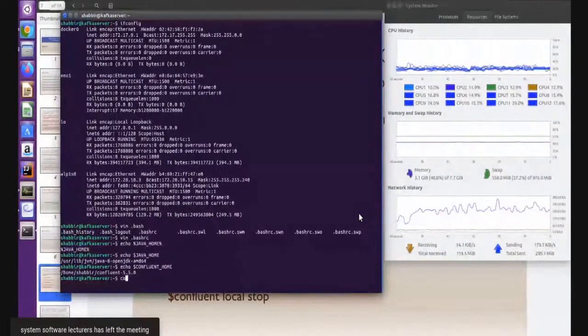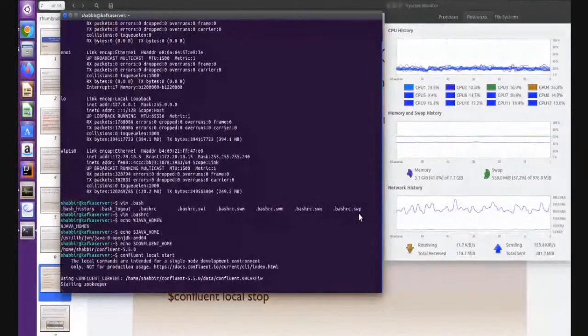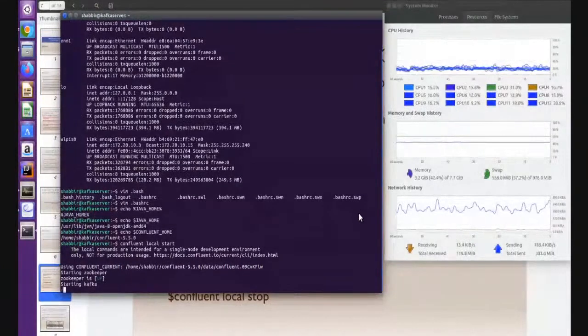Confluent local start, only one command. If I run only this one command, it will start all the servers: Zookeeper, Kafka broker, and many more, as you will see here. You can see the first Zookeeper is up.